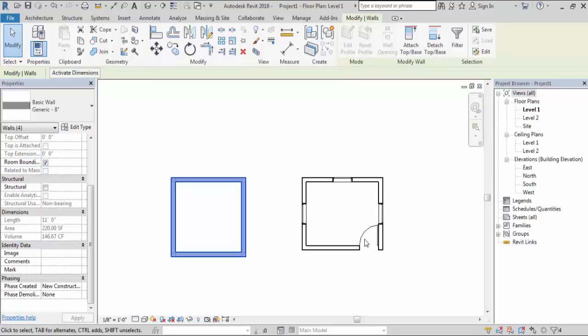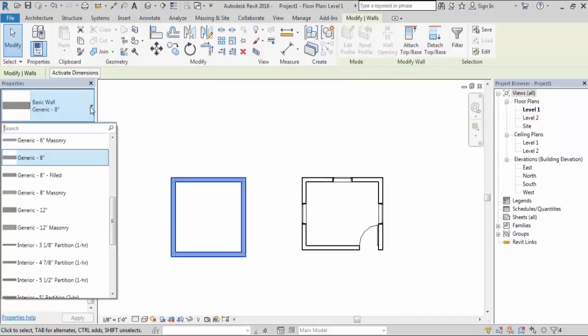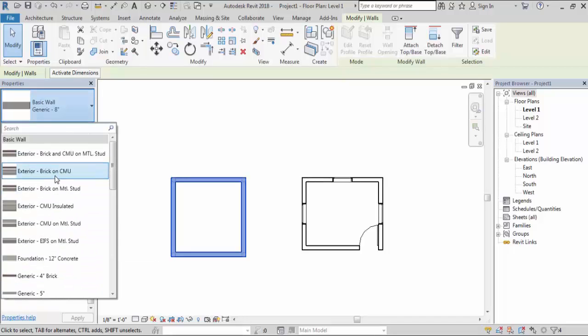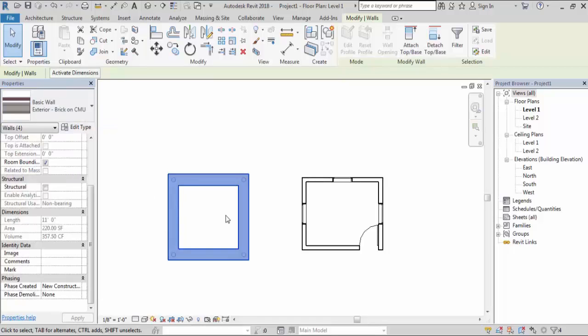Now if you want to change this wall type, select the wall. Suppose I will change these 4 walls. Here you can select the wall type which you want. Here I am going to select this Beacon CMU. So click here. Now you can see the walls are different and the shape of the walls is also different, and the shape of the wall is based on the view option.